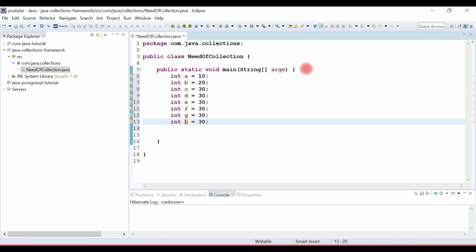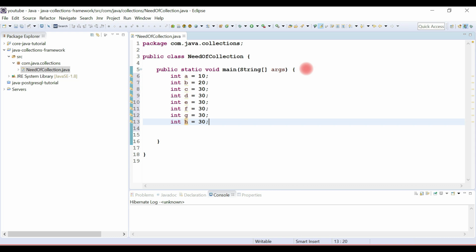Then I need to create 10,000 integer variables. So this is a worst programming technique. Having 10,000 integer variables in a Java program is kind of a worst programming technique. I would say it's not a good programming practice.